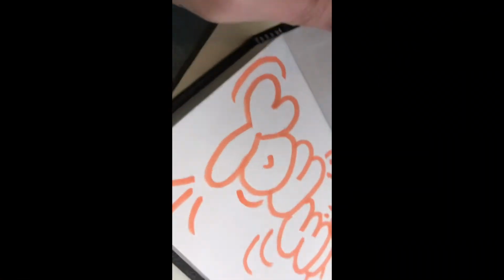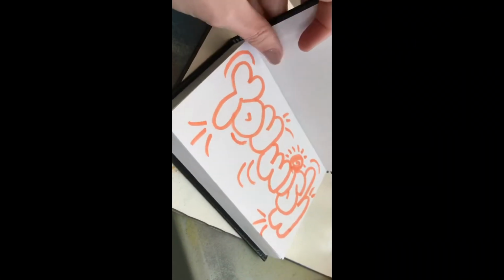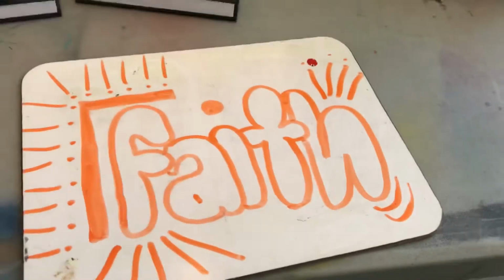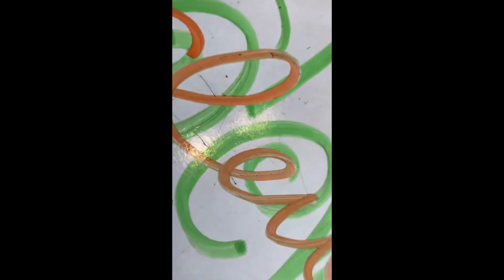But here you go, melting. In this case, I'm gonna just do bubbles because I'm good at that. Once you get your letter structure down, in your background, you can add more